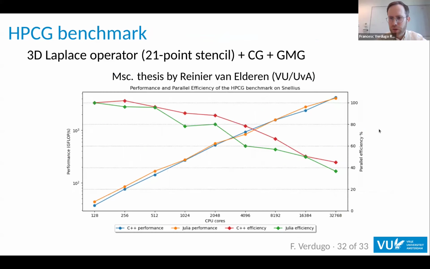I have another one, also a master thesis from another student, and this is an implementation of the high performance conjugate gradient benchmark. This is one of the well-known benchmarks in scientific computing, which is essentially a conjugate gradient preconditioned with a geometric multigrid to solve a 3D Laplace operator. And there is a C++ reference implementation on the internet. This project was about implementing the benchmark using partition arrays and comparing against the C++ baseline